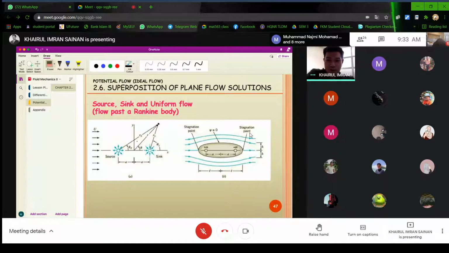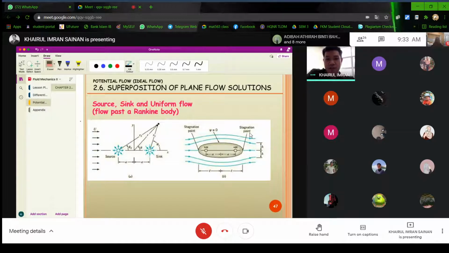The one that you draw, we call that as what? Doublet. See? So that's why doublet also becomes an elementary flow. So this is actually a doublet, but it combines with uniform flow. So this combination produces what we call a flow past a Rankine body,